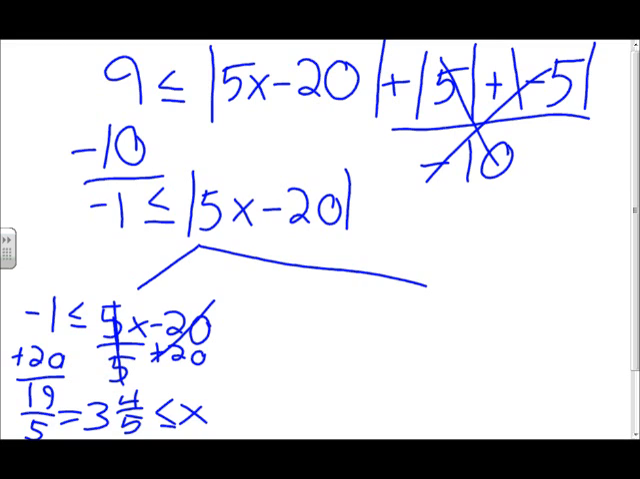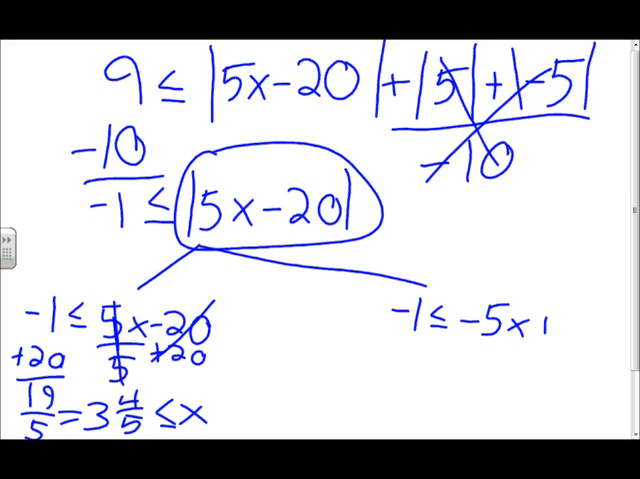Everything is reversed that is inside of the absolute value bars right here. So it would be negative 1 is less than or equal to negative 5x plus 20. Now, first you want to get rid of the 20, so minus 20 on both sides, and you get negative 21. Then, divided by negative 5